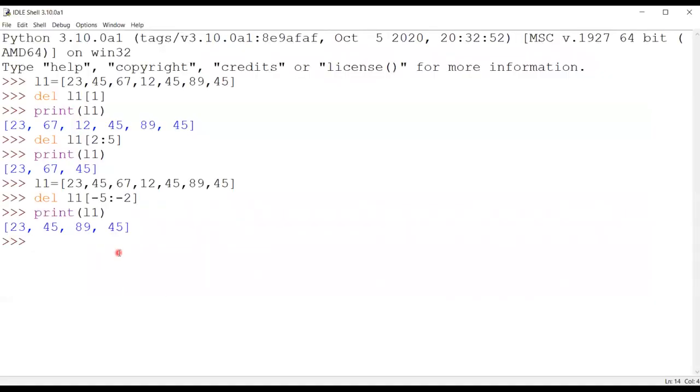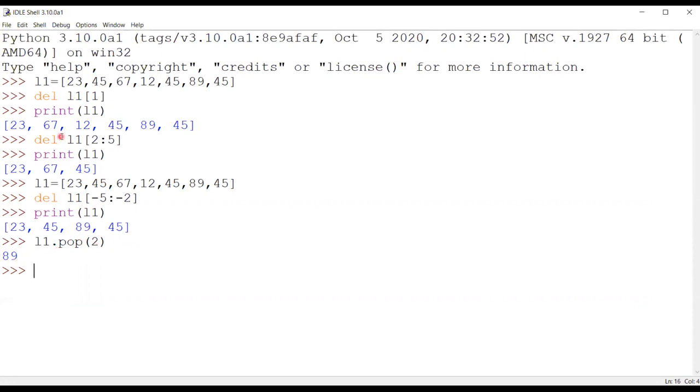If I use pop method over here, like L1.pop, I want to remove second index location. So I will be writing L1.pop of 2. It will return me this 89, which has been removed from the list, because 89 is stored at second index location, which I have removed using pop method. So it is returning me the deleted element as well.